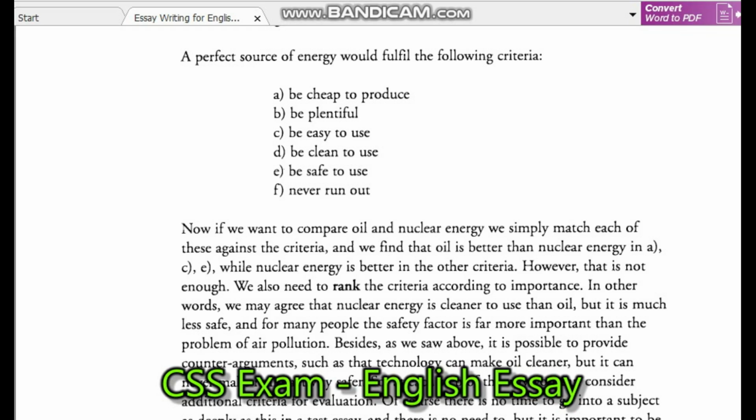However, that is not enough. We also need to rank the criteria according to importance. In other words, we may agree that nuclear energy is cleaner to use than oil, but it is much less safe, and for many people, the safety factor is far more important than the problem of air pollution. Besides,